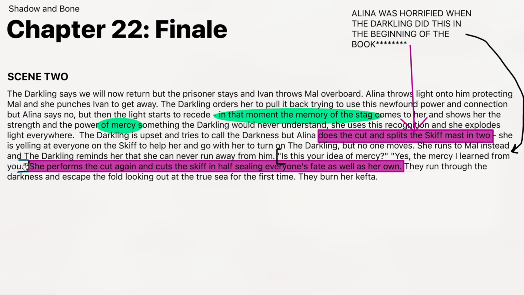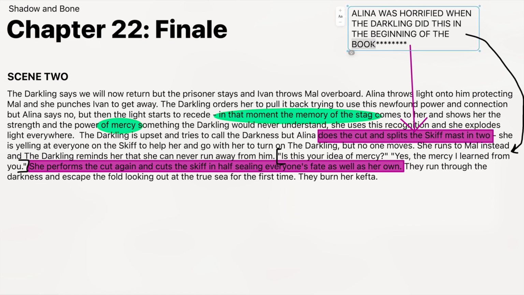This is really big though. In a couple of videos, I'm actually going to go through character arcs. I don't know if I'm going to use Shadow and Bone to talk about character arcs, but it's very important that every character that you write goes through some sort of arc, and it's either to show that they have changed or they stay the same. I'll get into all of that in a different video, but this is a really good example of showing Alina's